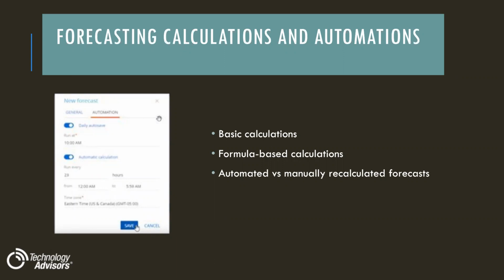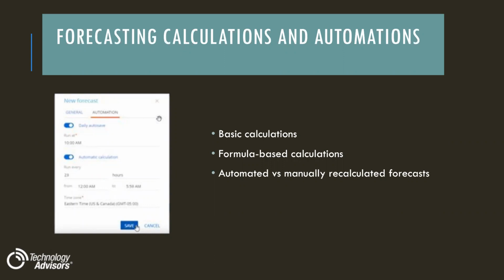The formula-based calculations are formulas you can enter to calculate forecasts based on a specific formula. For example, to calculate a percentage value, you can enter a formula that divides actual value by expected and multiplies it by 100. To manually calculate and recalculate forecasts, you'd simply go to the forecast and click Calculate, or set up automated calculations